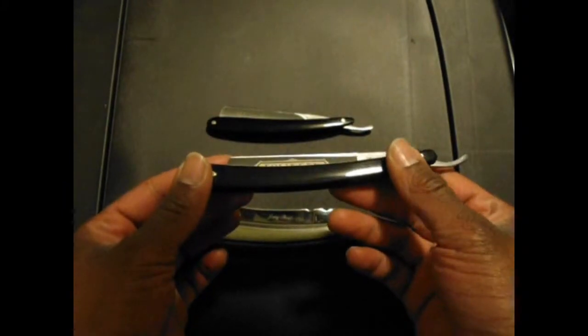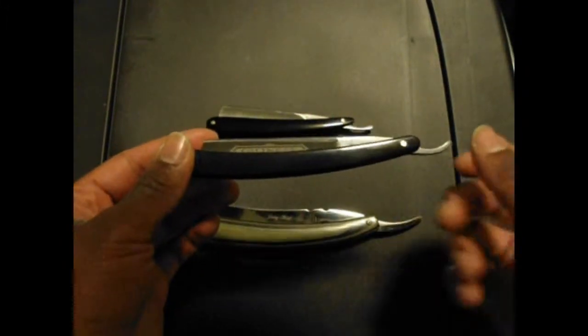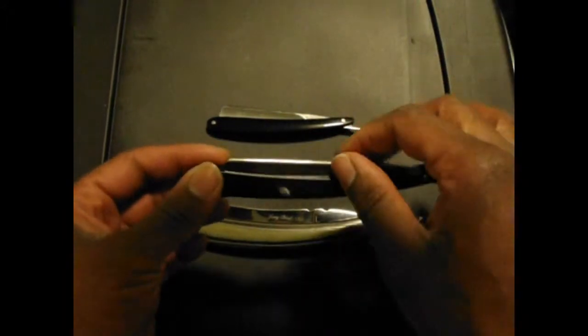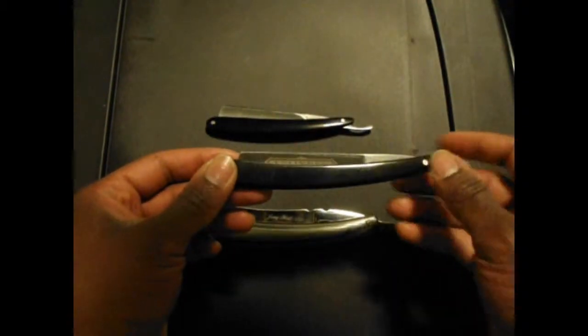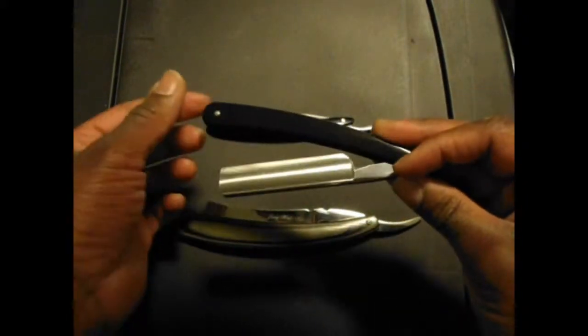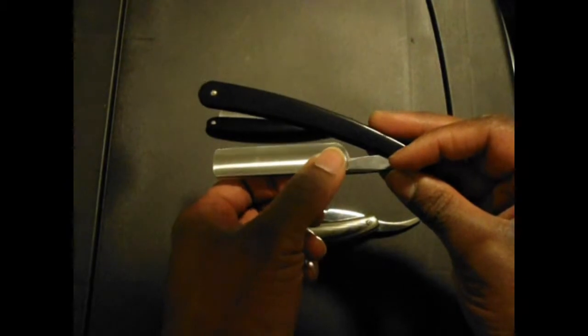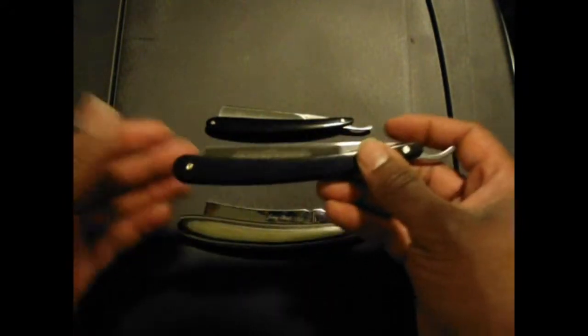My experience with this has been a bittersweet experience. On the good side, getting into straight razor shaving, it served me fairly well when it was sharp, and as it got dull, I started to notice certain things, such as the edge being uneven. It's kind of bowed in a certain way at the very edge from the middle, and if you see right over here, you can notice the light will pick it up. There is a bend in the corner. Other than that, it's good for its size. I obviously got a bad unit, but for its size overall, if you get one without the issues that I've had, then you'd actually